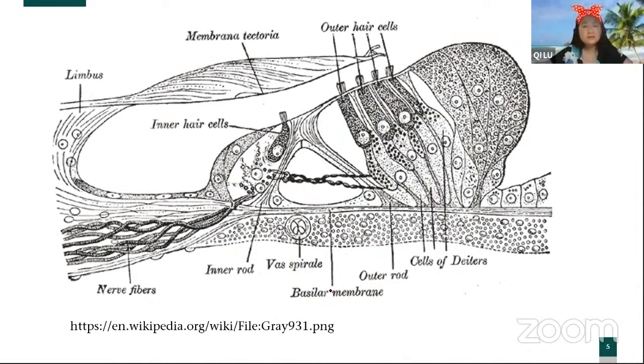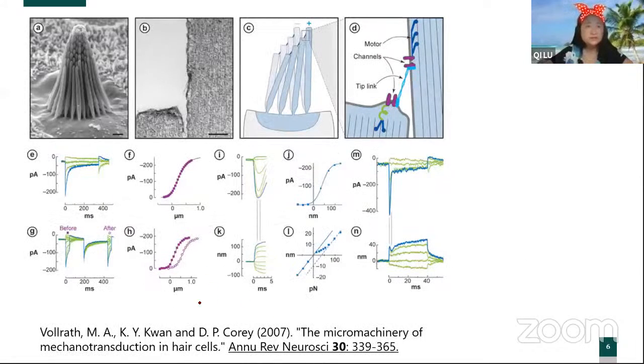So for the hair cell, this is a cross section that shows the anatomical structure of the hair cell. Actually, for the ear, this is an image of the hair cell. We can see lots of cilia. There are very thin lines, and that's a tip link between these two cilia. And after